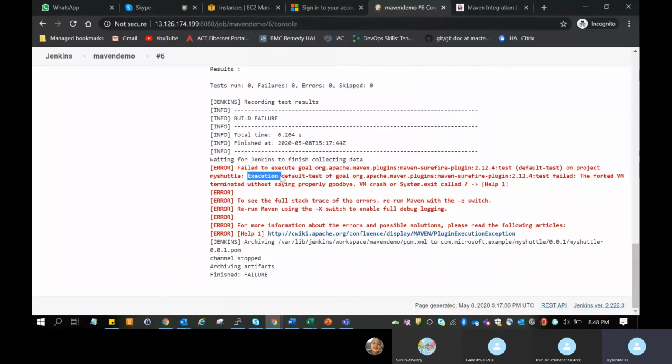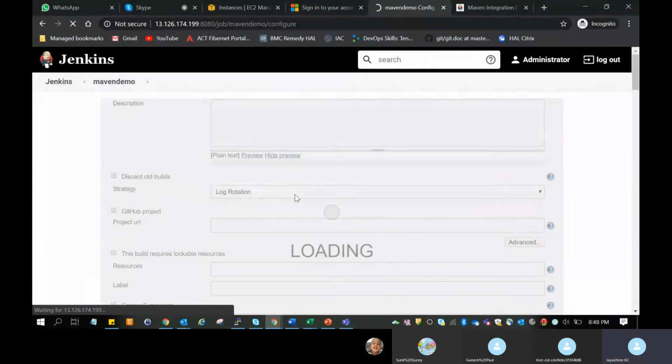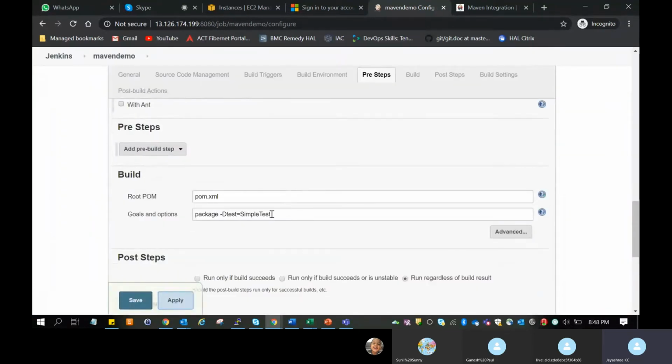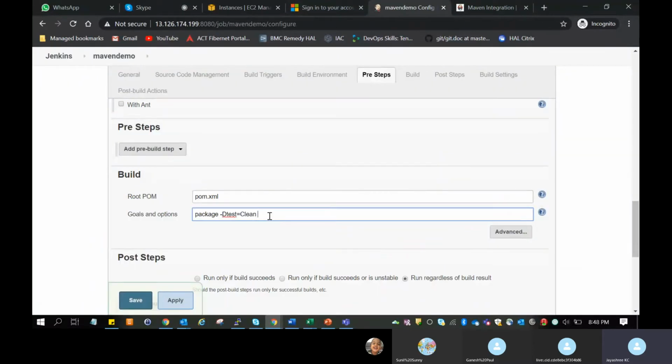Same, huh? Okay, go back. Give the goal as clean compile test. No, full.